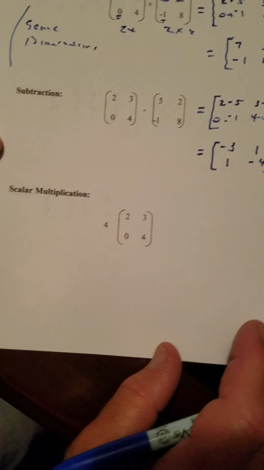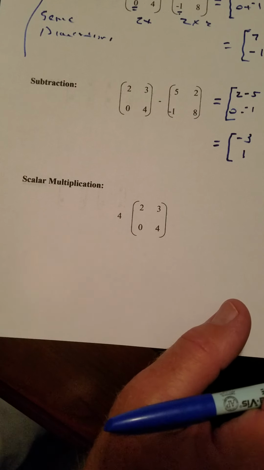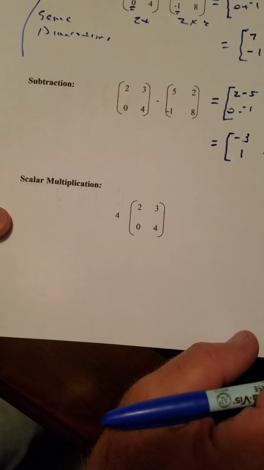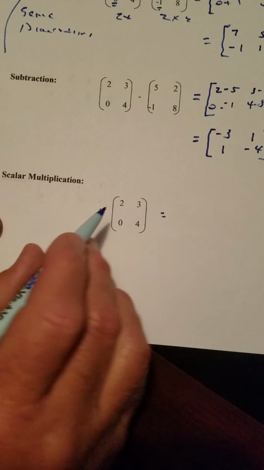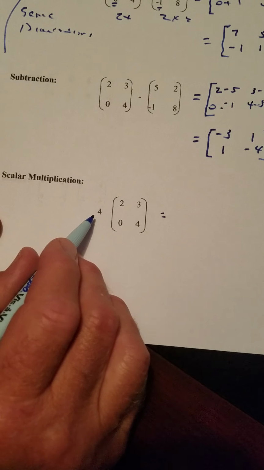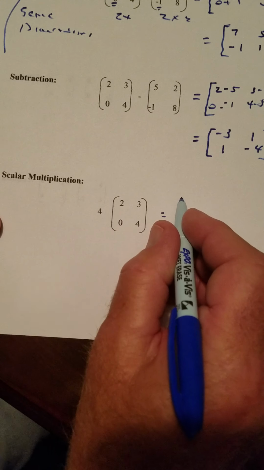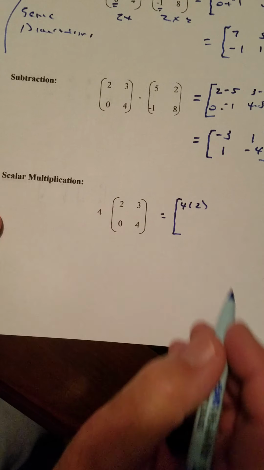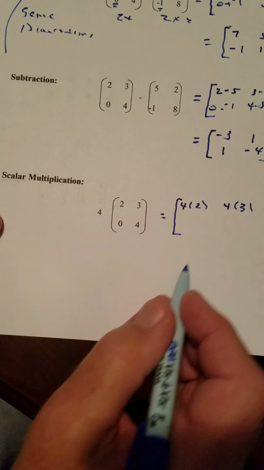Okay, next concept is called scalar multiplication. With matrices, there's two different multiplications. There's scalar multiplication, and then there's just regular multiplication. This is the easy one. This is like the distributive property. When you put a 4 out here, you're saying 4 times each number inside here. So I'm going to take 4 times 2. I'm going to take 4 times 3. I'm going to take 4 times